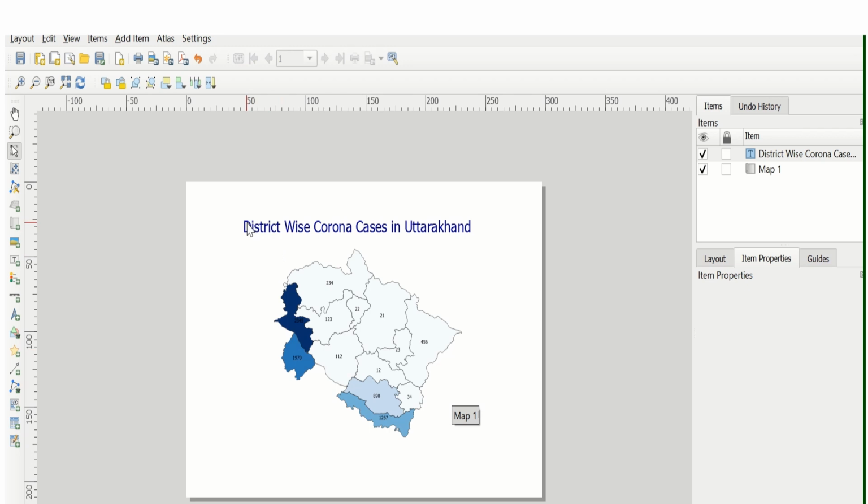Once the label is added, then we have to add a legend to the map chart. So please click on this add legend icon.